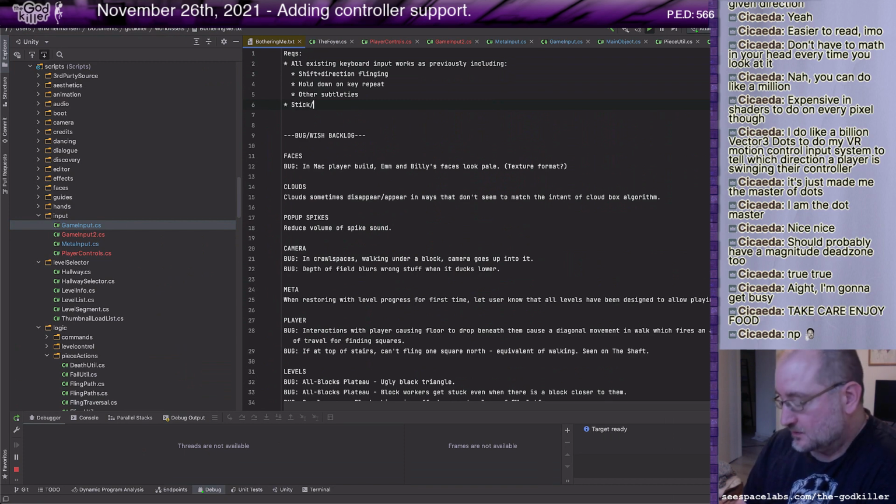Stick control. Let's see. Controller input also works. And I'm thinking, what am I truly after here?